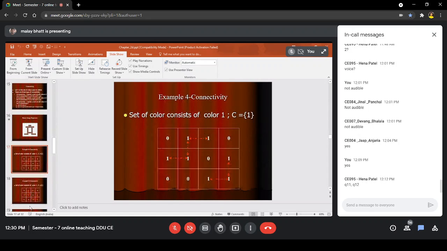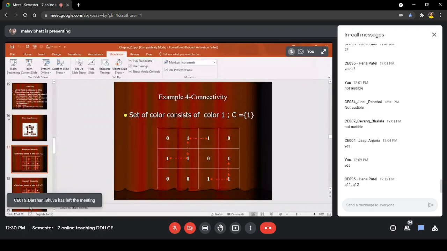So if I consider the color as 1, I have to use only color C equal to 1. You can see that all these pixels have a 4 neighborhood. So we can say in this image there are 2 regions. If you start from the second row, first column, you will find 1 is there. Now I will use a 4 neighborhood. I am using a 4 connectivity.